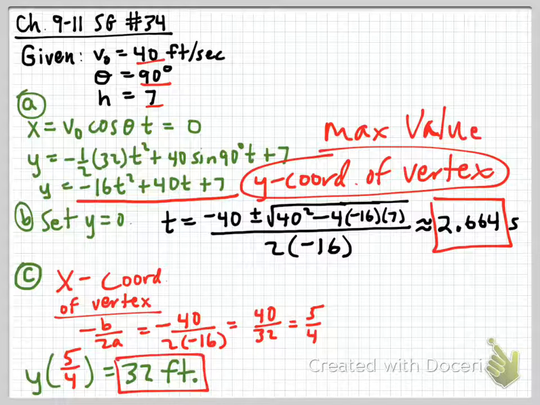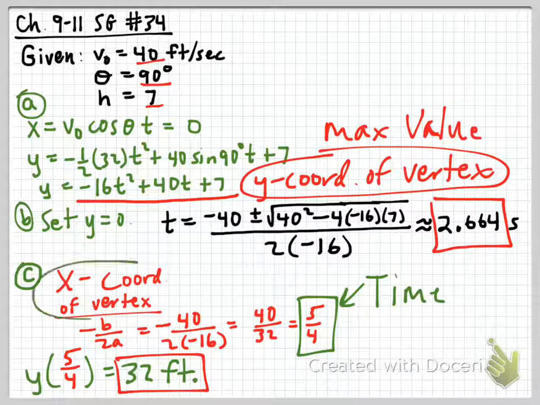And then part D, maybe I'll do that on the other side. What does it say? Oh, sorry, I've already answered the question. This 5/4, guys, represents the time. So the x-coordinate of the vertex, or you could say the t-coordinate of the vertex, because y is a function of t here, that would be the time